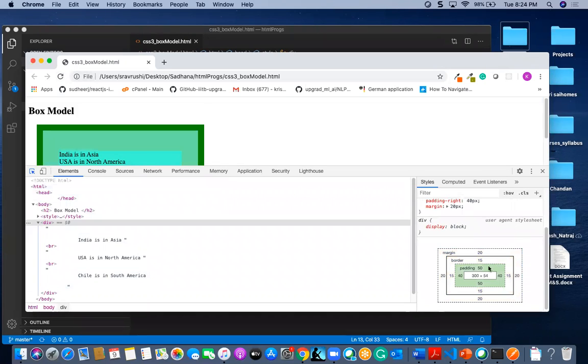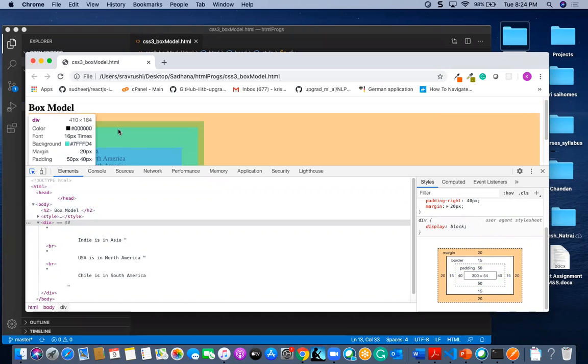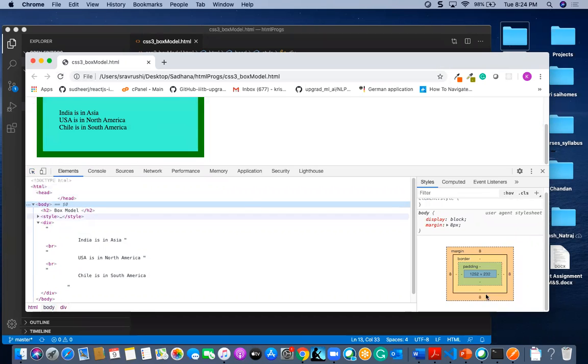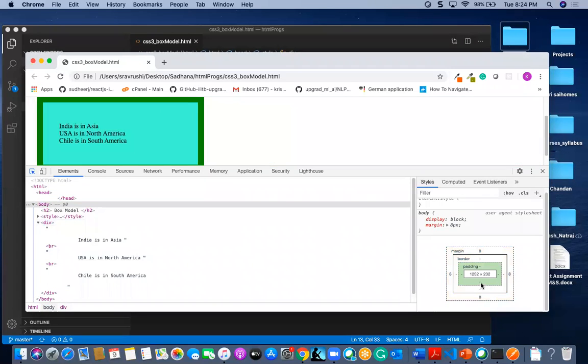See here, you will be finding top and bottom, and also there is a little change in the view because here there is a change in the padding area. In this padding area, the top and bottom are 50 pixel, and left and right are 40 pixel.